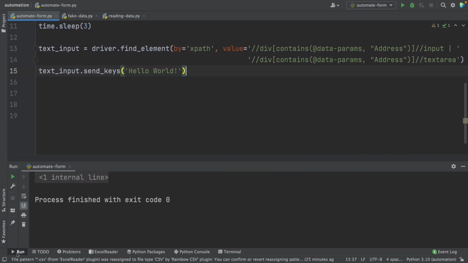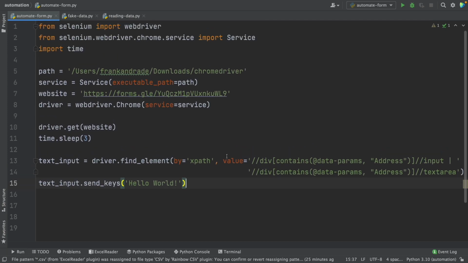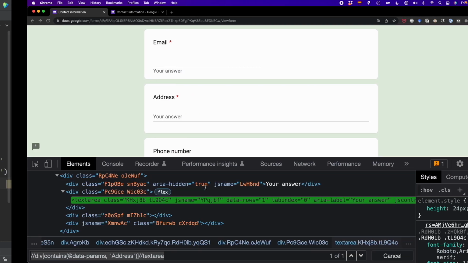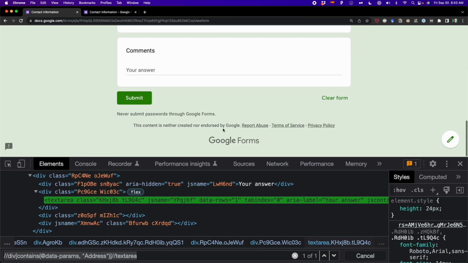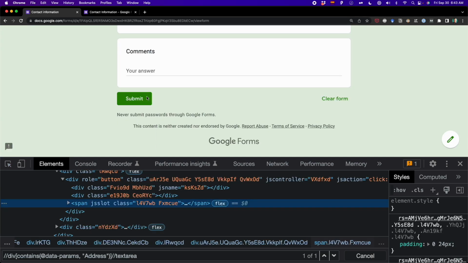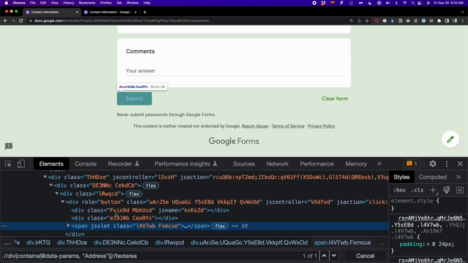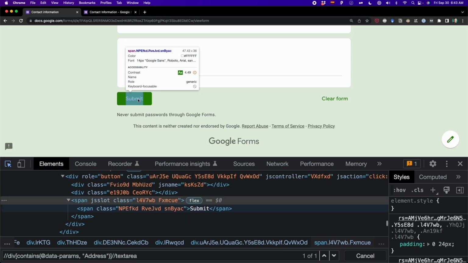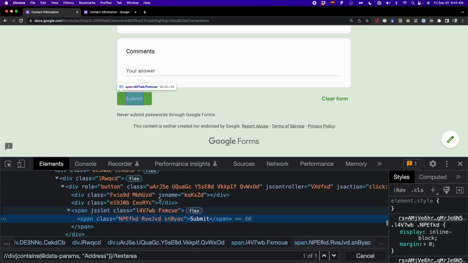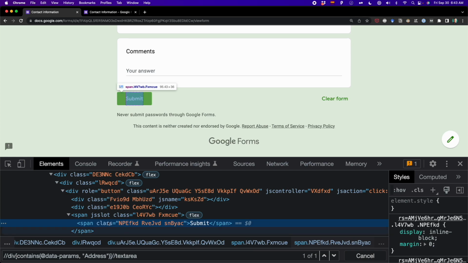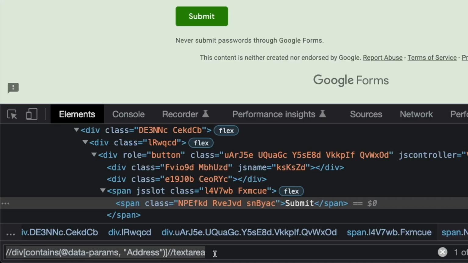So now I'm going back here to PyCharm, and now that we have this, let's also click on the submit button. So now I'm gonna inspect this button, and I'm gonna create its XPath. So here I got an element, and now I'm gonna create this XPath using the word submit. So I inspect submit, and I'm gonna use this word submit, and also this element here that has the role and the button value. So I'm gonna delete the XPath that I had before, and now I'm gonna create one